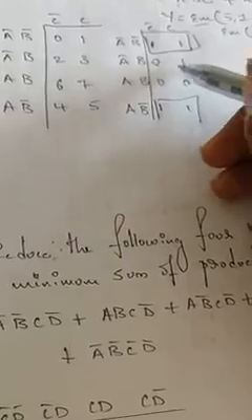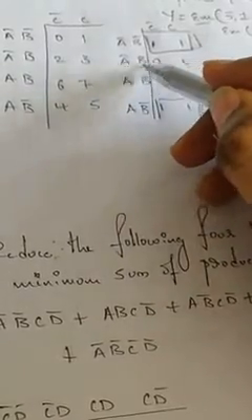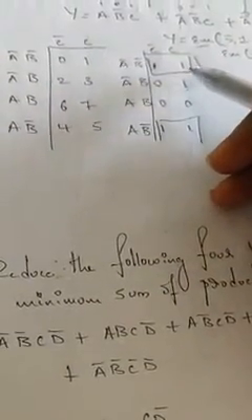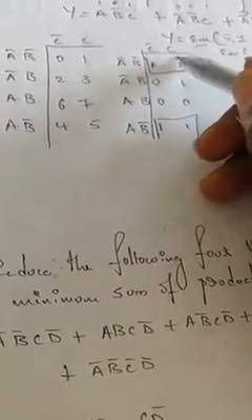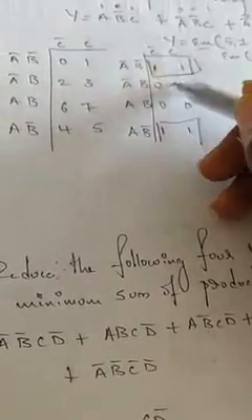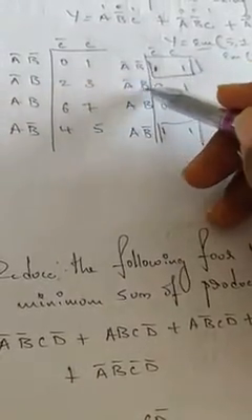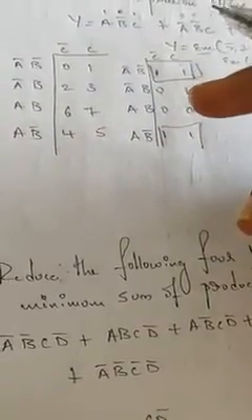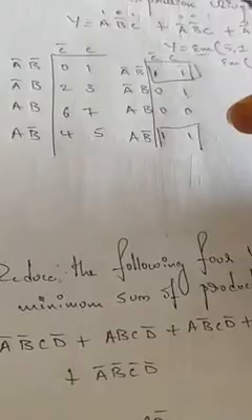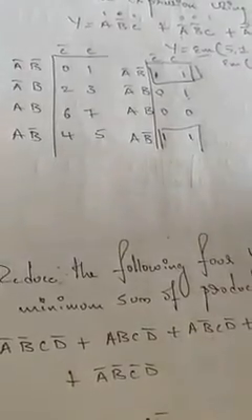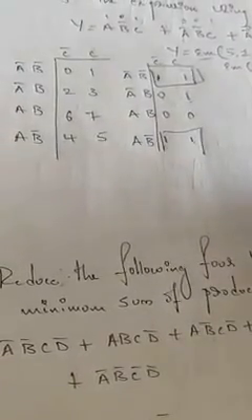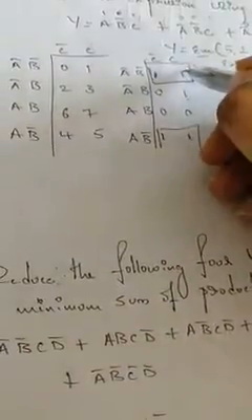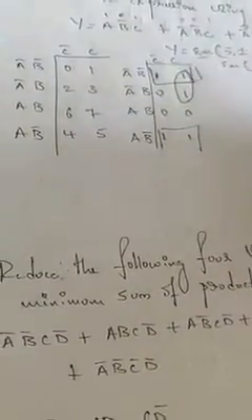I can make it. But if you make a single group, you're going to get the variables A bar, B, and C, three variables in the expression if you make a single isolate. So rather than making this isolate, if I make a pair like this, B bar B gets cancelled, and A bar C, you're going to get an expression containing two variables. Obviously an expression containing two variables is better than an expression containing three variables, so you should think about pairing. So I will make a pair like this.